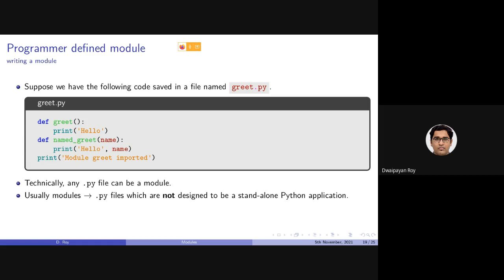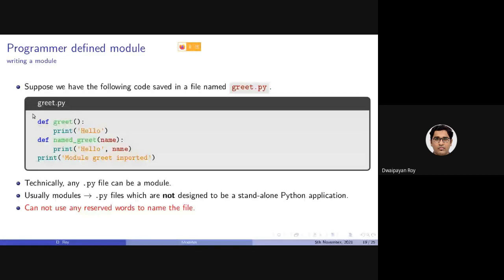But there is one restriction, and it is a pretty severe one that we need to follow. We cannot name the file with one of the reserved keywords in Python. If we do that, we will not be able to use it as a module.